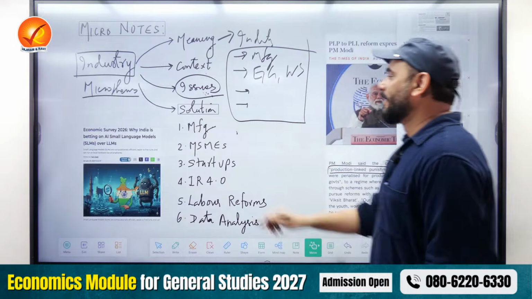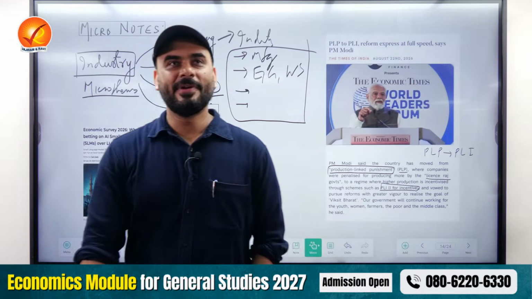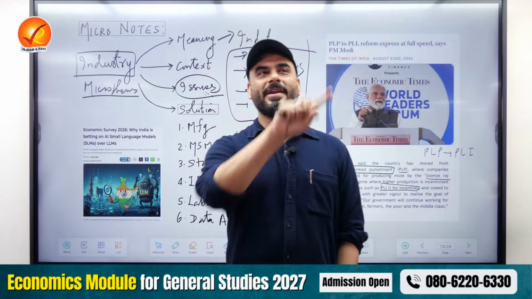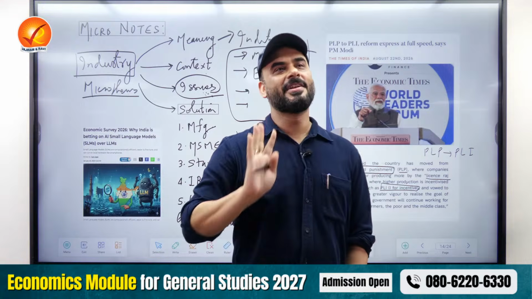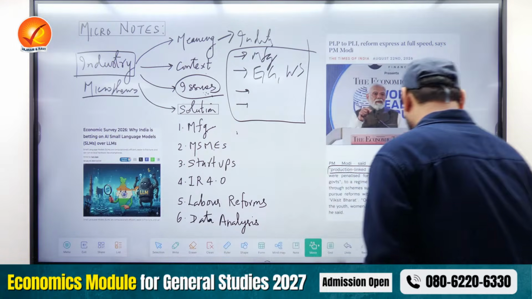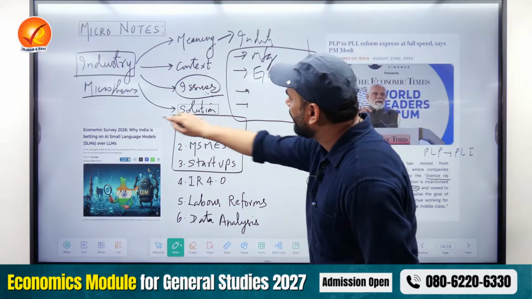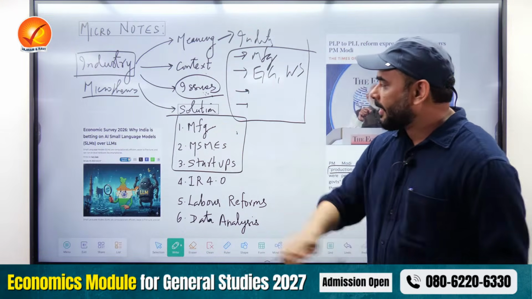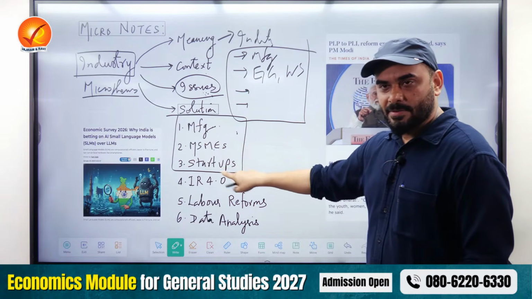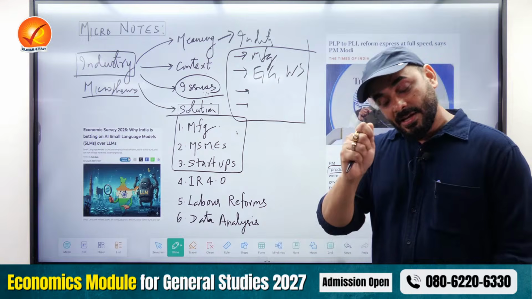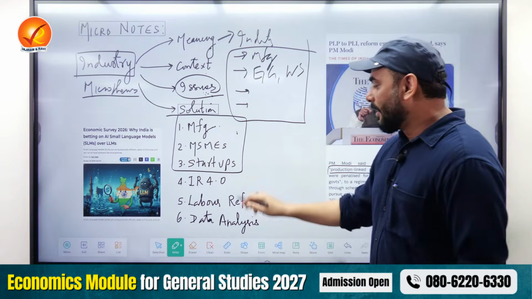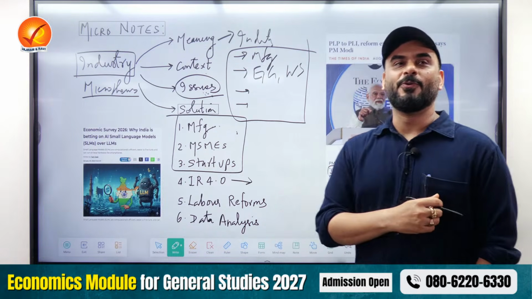Now, how do you promote manufacturing? I'll give you an idea of how to create those one-pagers. I thought I should demonstrate it right here in the class. I'll tell you how to do it. So for example, we are picking these 3. See carefully. These are the 3 conventional things which the government was doing. The first is manufacturing, MSME, and startup. But there is a latest thing which the government has started to do, that is called Industry 4.0.